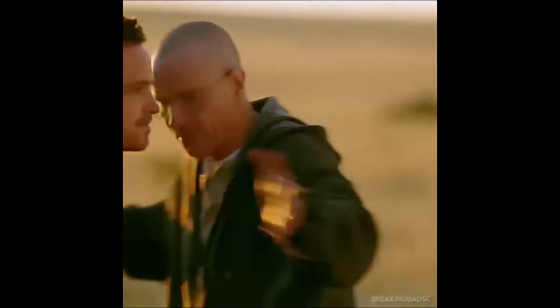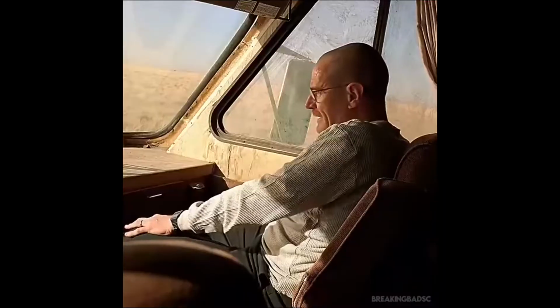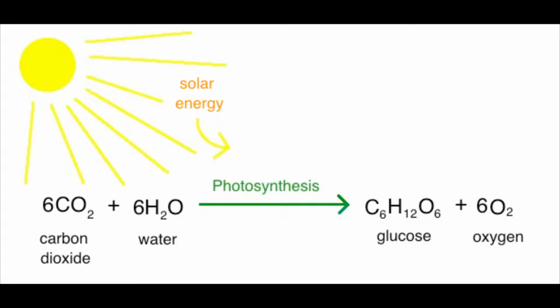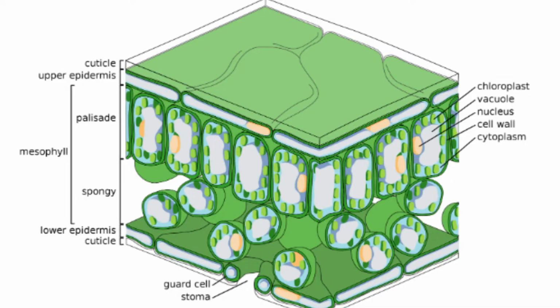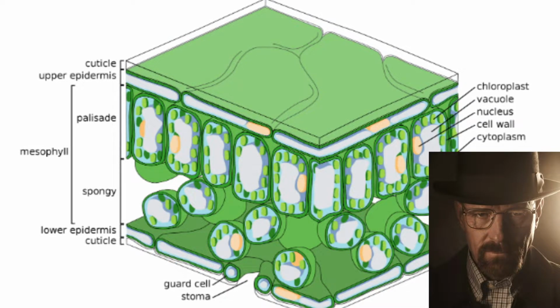Jesse, I need you to listen to me. If we're gonna run this business successfully, you need to fully grasp the concept of photosynthesis. Do I make myself clear? Crystal. Alright, Jesse. You understand that leaves are made of spongy cells, and that within these cells are organelles called